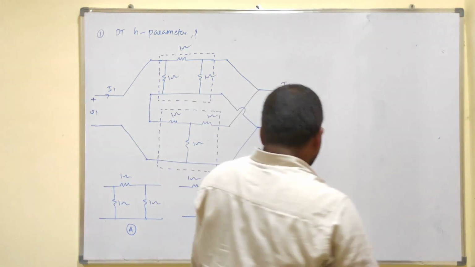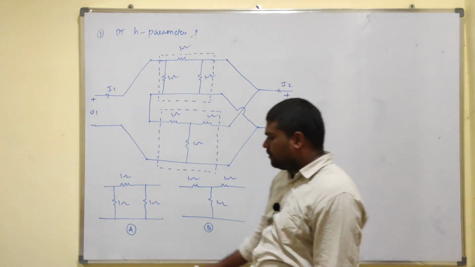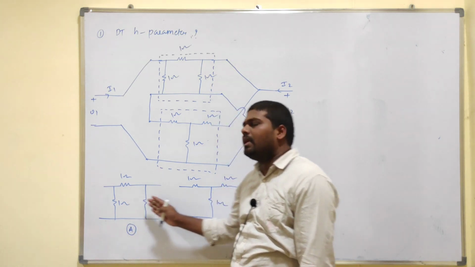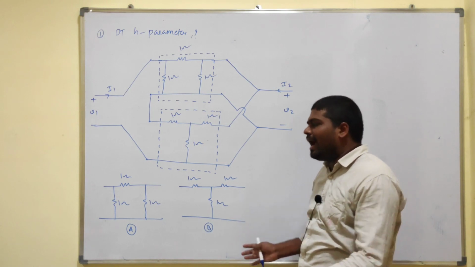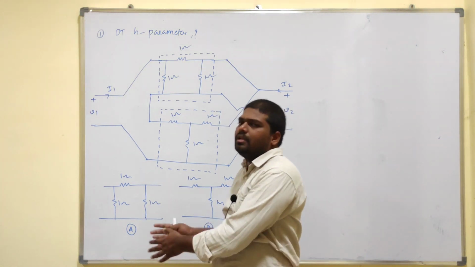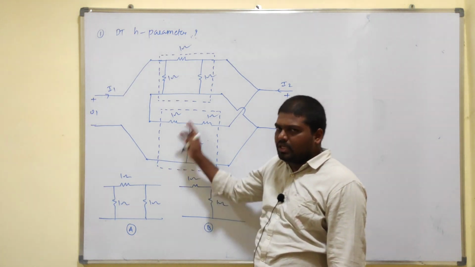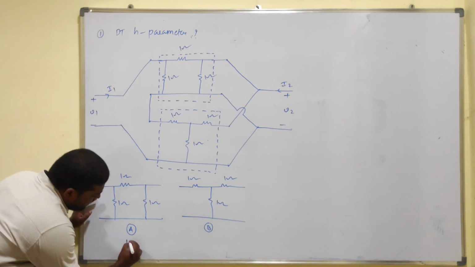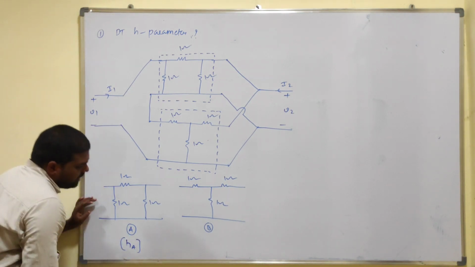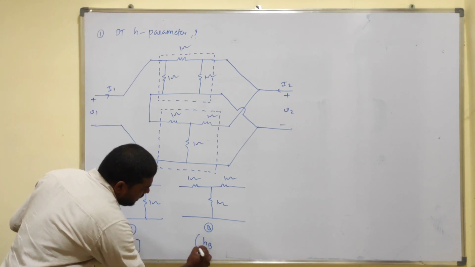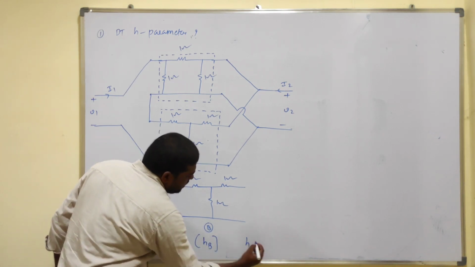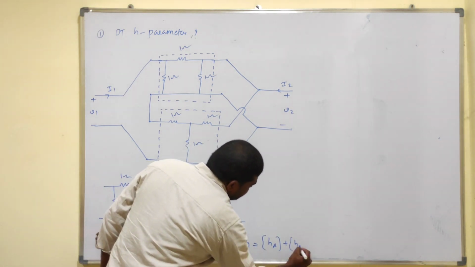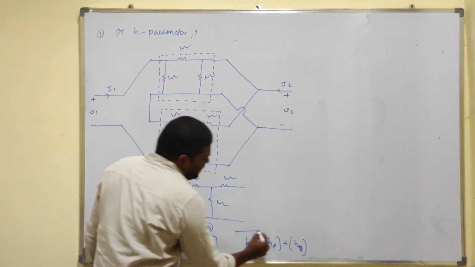Okay. Now you need to find out the H parameters for network A as well as the H parameters for network B. Then you can add these two individual H matrices. Then you will get the overall H parameters for this entire configuration. For example, these H parameters are indicated with the HA matrix, and this is indicated with the HB matrix. So now the resultant matrix H equals what? HA plus HB. So this is your resultant matrix.